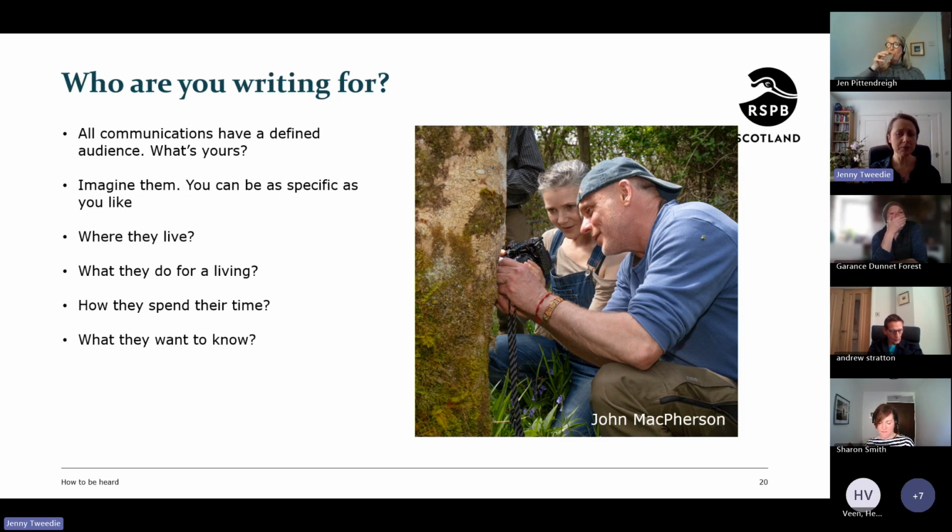And you can be very specific. You can think, gosh, they've gone to work on a bike and they get into the office and someone's going to put a bit of paper in front of them, which has got all today's press stories on it. Or maybe there's somebody who's gone to the local shop and they've bought a paper and they're taking it home and having it with their coffee. Try and think about that person's journey in your head.